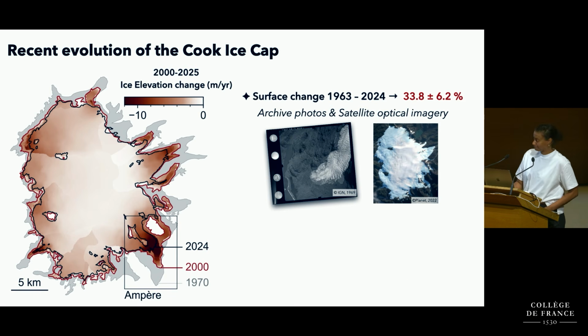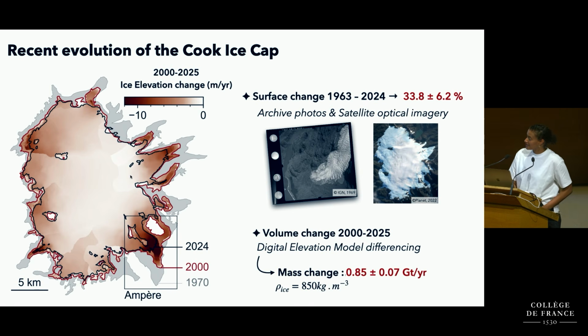and that makes the Kerguelen, or the Cook ice cap, one of the fastest melting rates on Earth. And we can also look at volume change, and this is the color here below, by looking at digital elevation models and differentiating them between dates. And here we've done 2000 to 2025. And so here you can see the ice elevation change in meters per year over the 25 years of observations. And so what you see is that mainly we have melting from the edges, and the Emperor Glacier here is changing volume